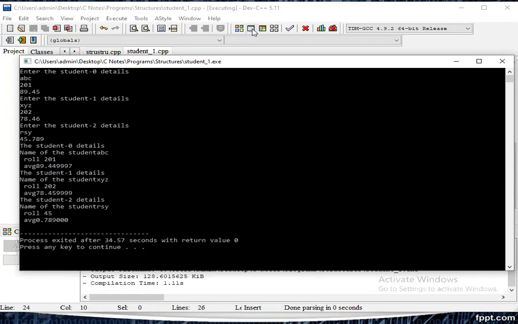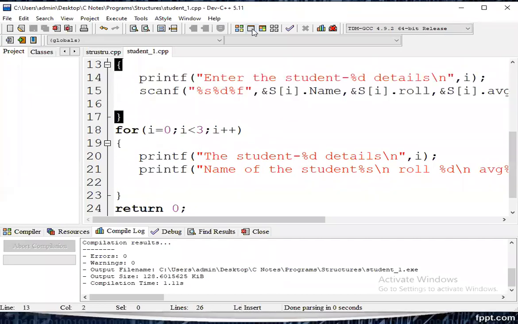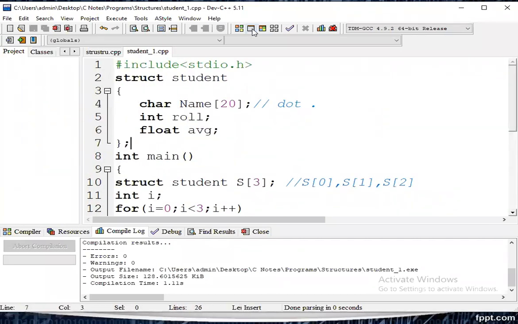So the entire thing is stored in this. S of 3 allows 3 records of the student. Each variable of the student is one record of the student. Like that, we can handle 3 different students' records.